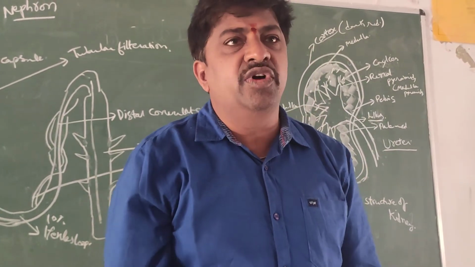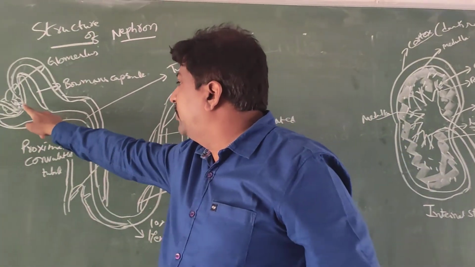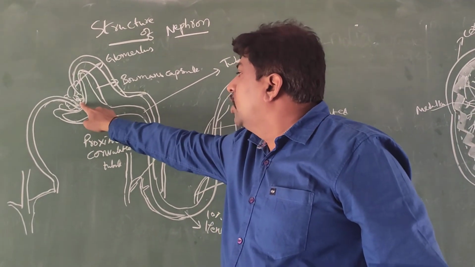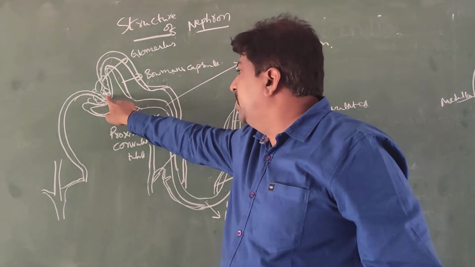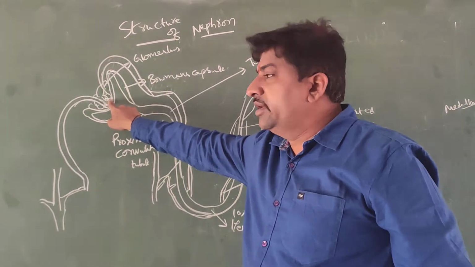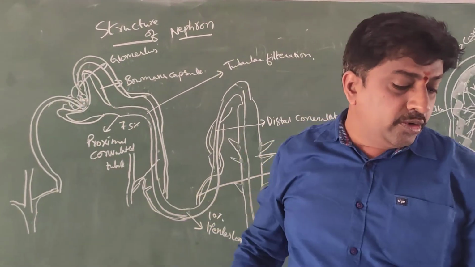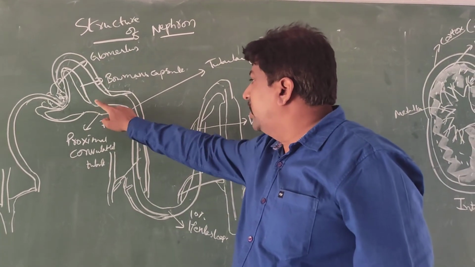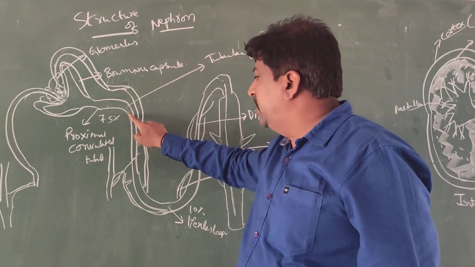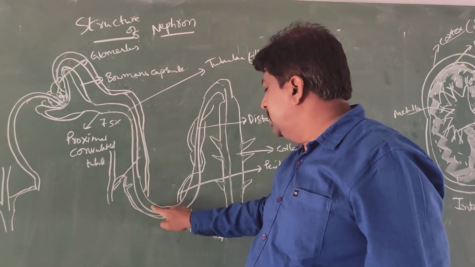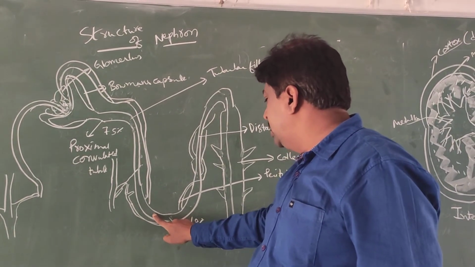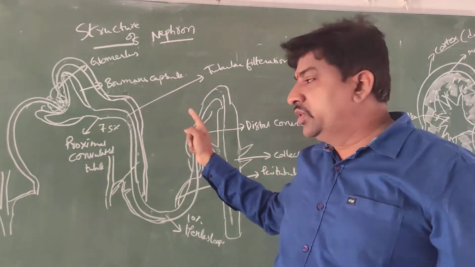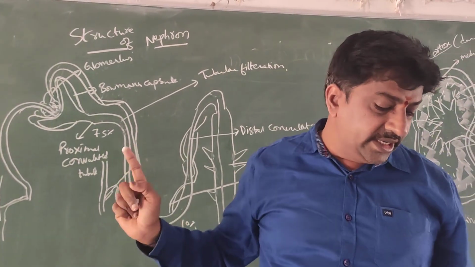What is glomerular filtration? It is nothing but whatever first-prepared urine, where the blood is filtered. That substance is called the glomerular filtrate. Next, tubular reabsorption, which I explained already. First, the waste materials are absorbed by the proximal convoluted tubule. Next, it is reabsorbed by the Henle's loop. Later, it goes toward the distal convoluted tubule. Later, it goes outside through the collecting duct.